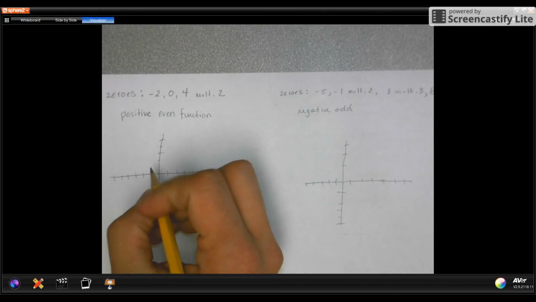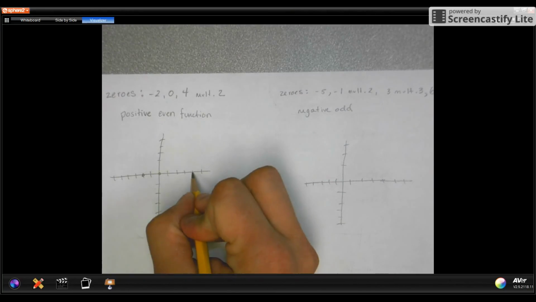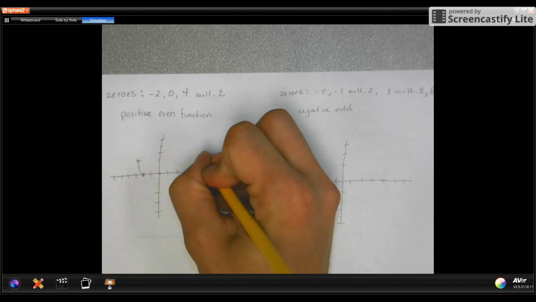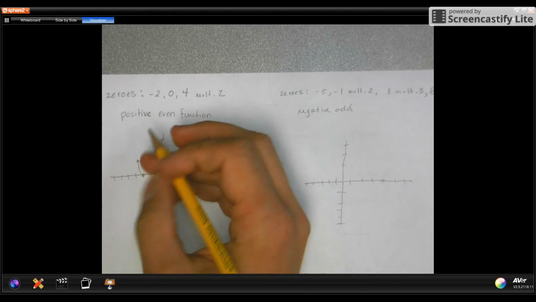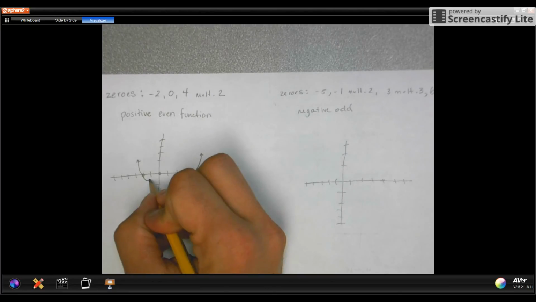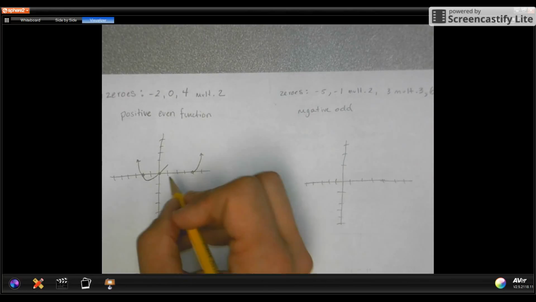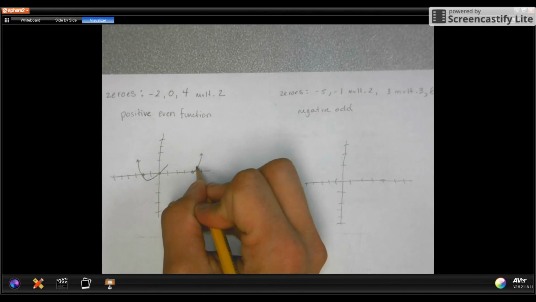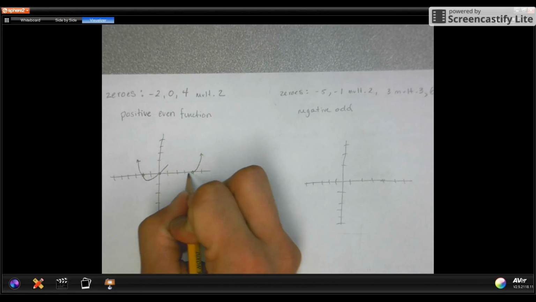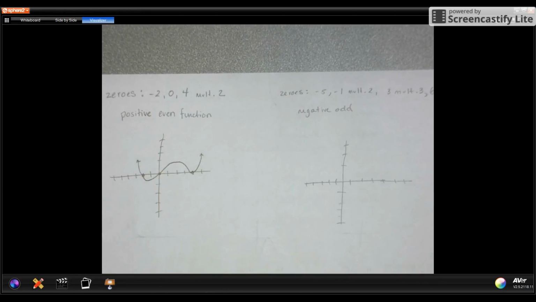Otherwise, you're going to plot our zeros at -2, at 0, and at 4. Positive even, that means it's going to rise on both sides. Okay. At -2, it doesn't say anything, so it's got a multiplicity of 1, so I know it goes through. At 0, it's got a multiplicity of 1, so it's going to go through. And then already I should see that in order for it to go back up, it's probably going to be just bouncing off because it's not going to cross the x-axis anywhere in between. And I know that to be true because this zero has a multiplicity of 2, which says